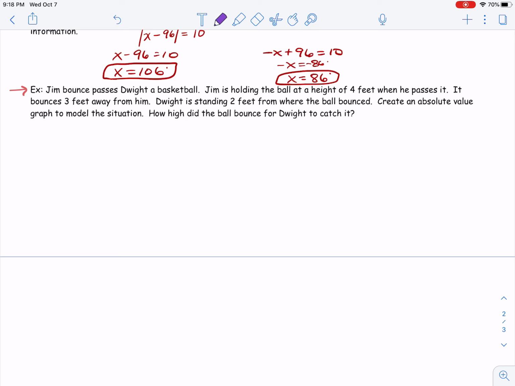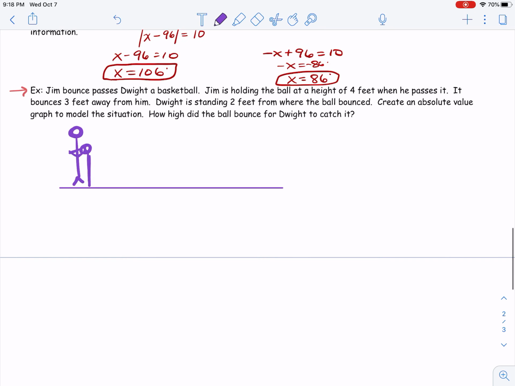So, yes, these are Office references, Jim and Dwight. So think about this physically happening, right? You have this dude, Jim. Okay, he's really tall and skinny. He's holding a basketball. Obviously, it's not going to be at the height of his head. It's going to be kind of around his hip area. And that's what it's saying. He's holding it at a height of 4 feet, so the ball is actually 4 feet off the ground. When he throws the ball down to the ground, it bounces and then it comes back up, and that's where